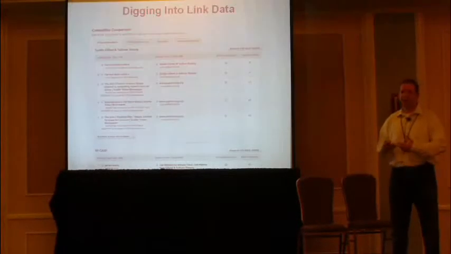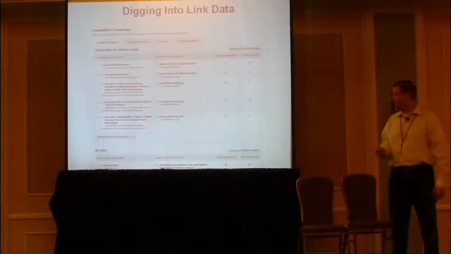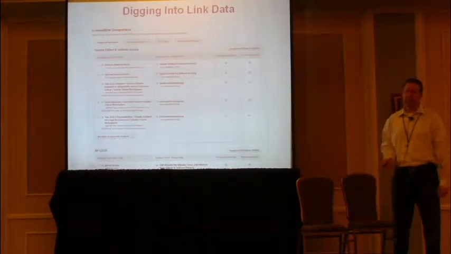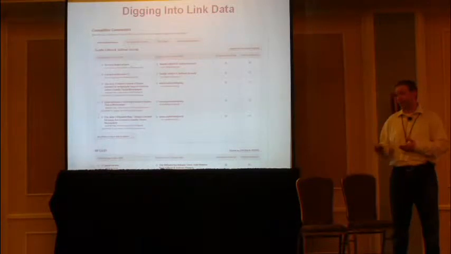These are the most important links that you have, and you can dig in further and see all of the links. You can go up to 10,000 links and really see what's going on with your link profile. But you can also see the same for all of your competitors. You can see what their top links are, and you can maybe start to compare those and say, hey, this is one that I might want to go after. This is a great source for links from